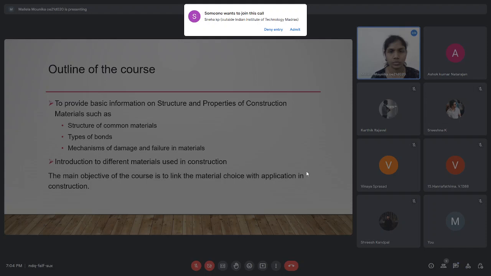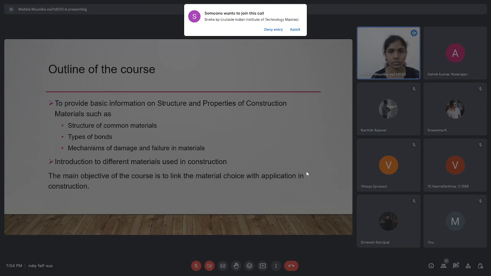So first we should understand what is the structural property which we have for the particular material, and what are all the types of bonds which are included in that material, and what is the mechanism of failure or damage